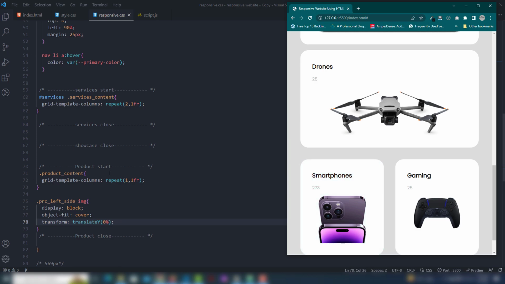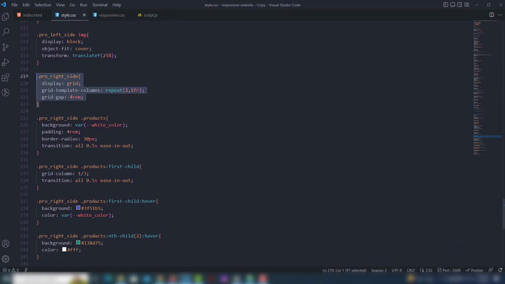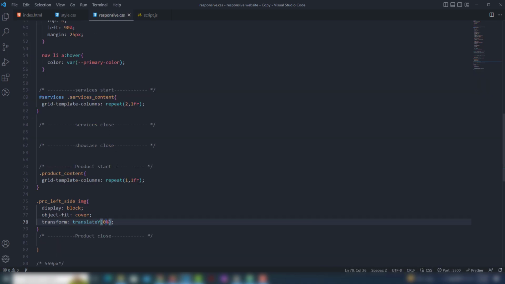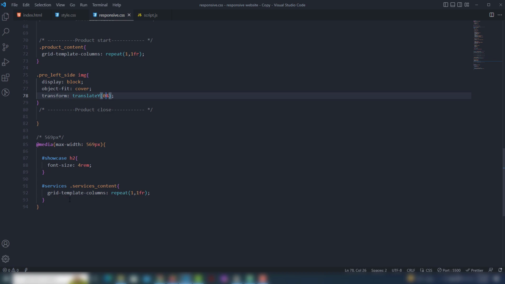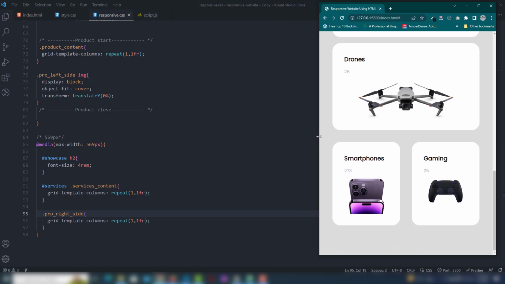So where is product right side? This one. So product right side, I copy and paste on there. So in there I will use 1 column, remove all of the content, save. Let's see. And when you will hit the small screen size,